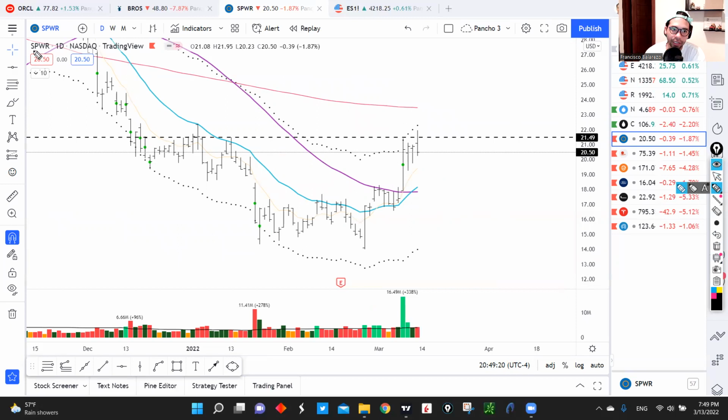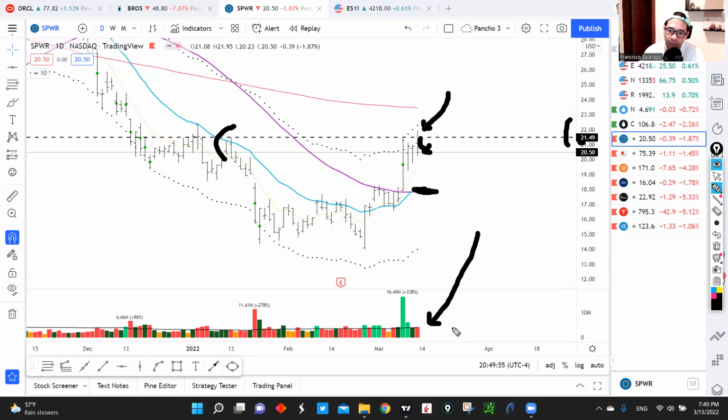Basically, what we have here in SPWR is a double top short. The setup is this peak right here, which is 21.49, and the trigger for that short is that we have the move above it, but then a close below that move. So what is the setup? The setup is shorting SPWR somewhere around these levels, using 21.49, 21.50 as your cover point, and then looking for a retest of this 50 daily moving average in this name.